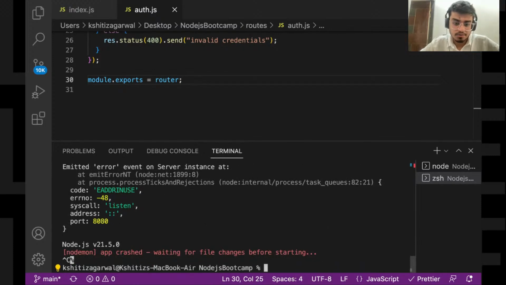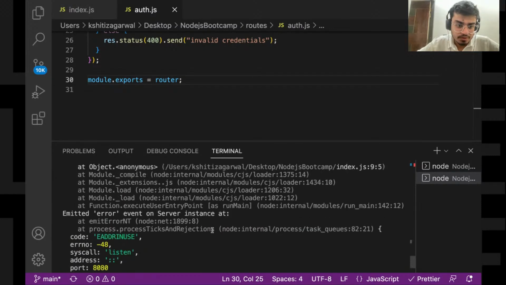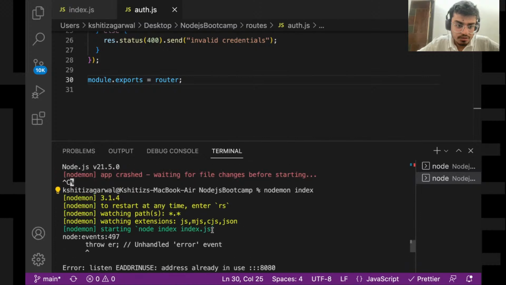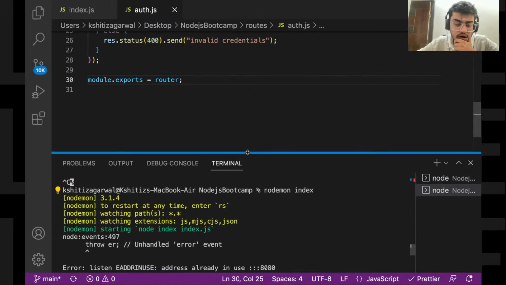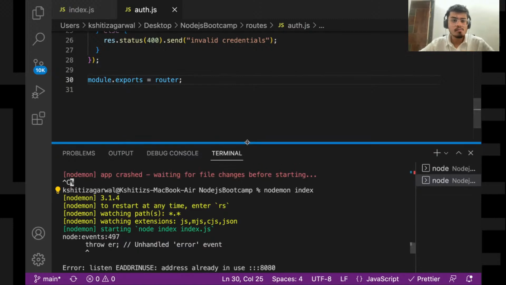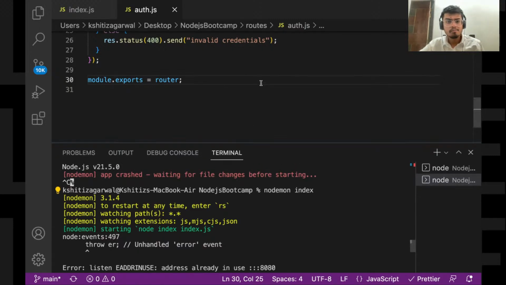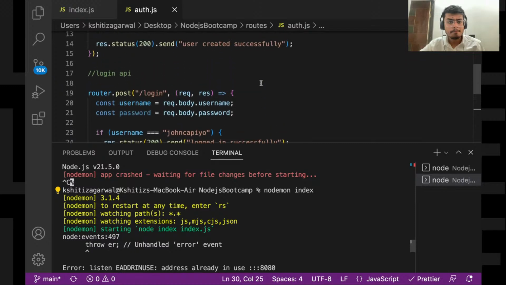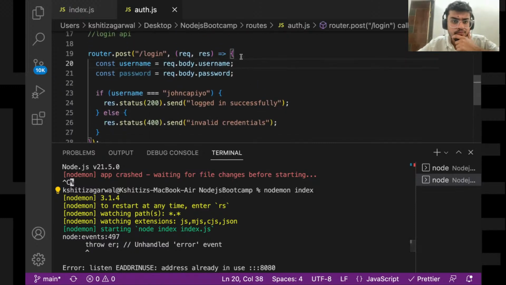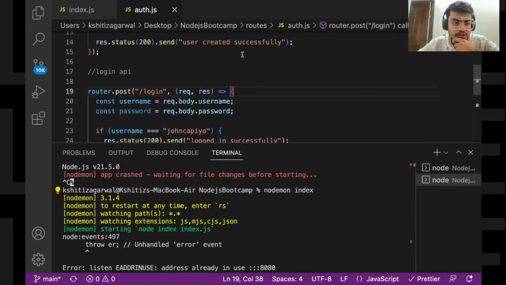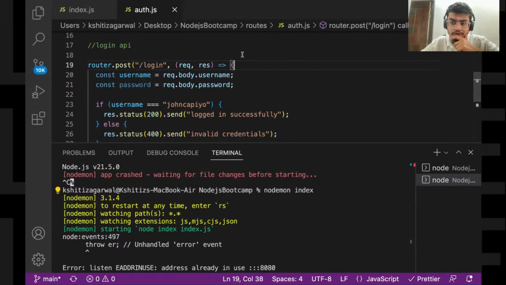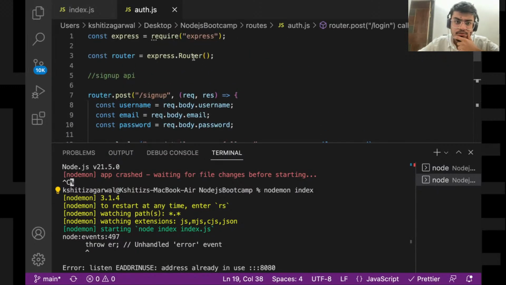Let me run it again. Again, it is crashing. I don't know why. Let's quickly see what I might be doing wrong over here. Suppose that router is correct. The post is correct.